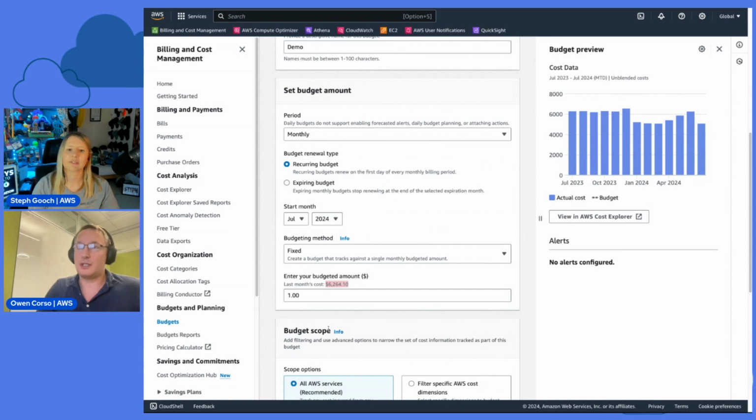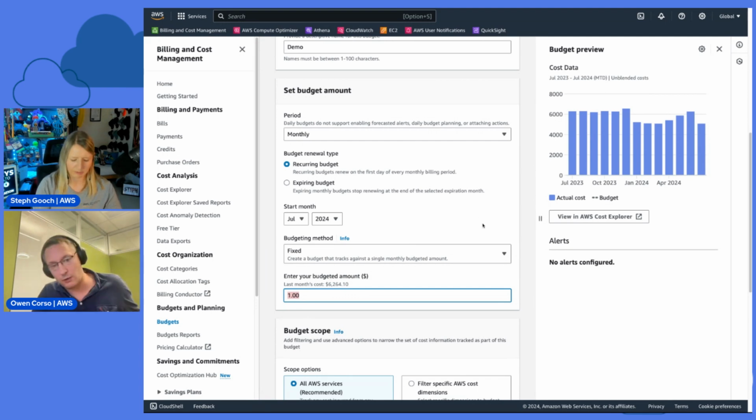Just a quick pitch on first principles. The way that budgets helps you the most is when your budget amount represents your expected spend. So when you're setting this number, you really want to think about what you expect your cost and usage to be. What does my historical pattern look like? Where are we going? What workloads are we moving to the cloud?